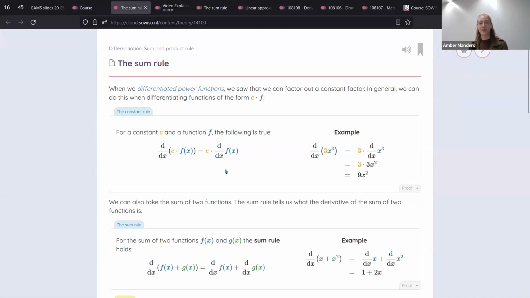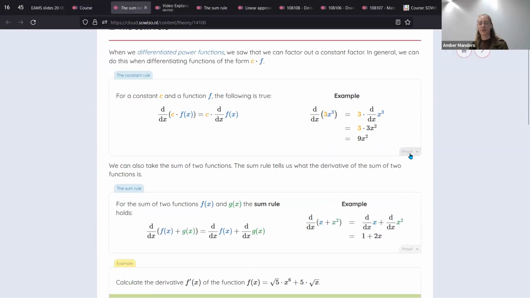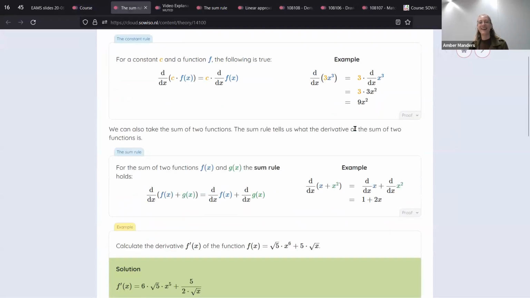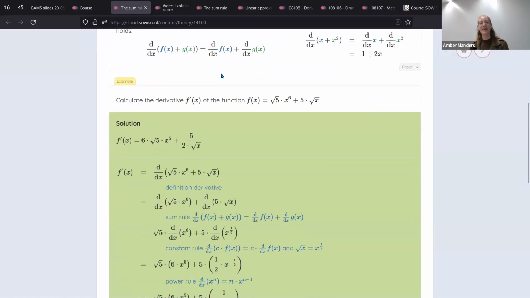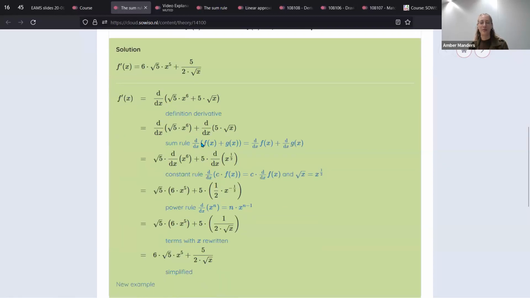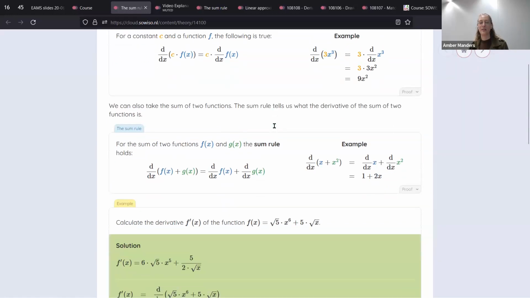You see some LaTeX here, some colors. We have boxes and also expandable boxes. We use these to not make the page so cluttered, so if the student opens this page, it doesn't scare them away immediately, especially if you have proofs on there, for example. And then at the end of the page, we often provide an example: a question and then a fully worked out solution, which again is about the theory that I've seen on this theory page.